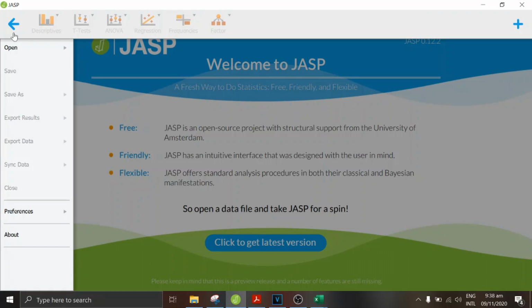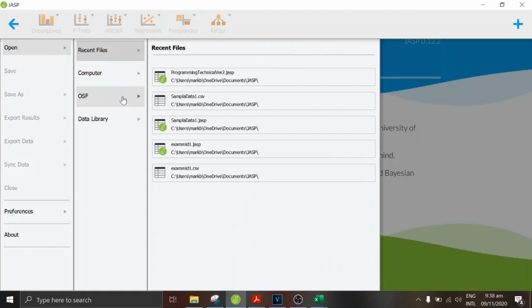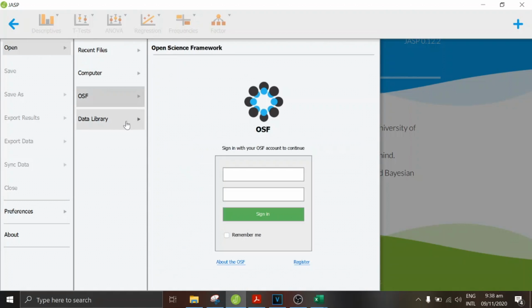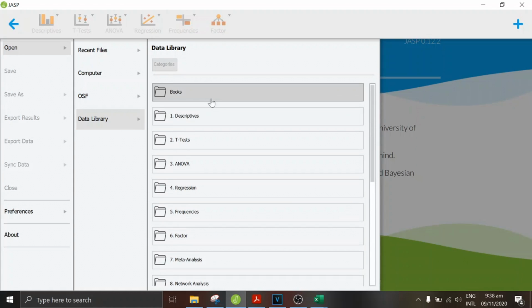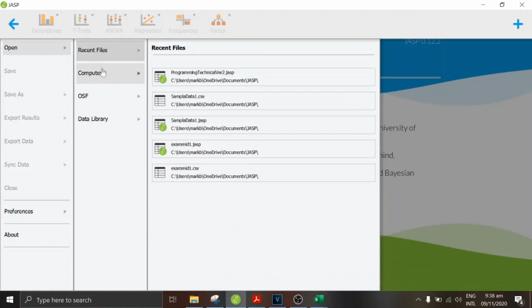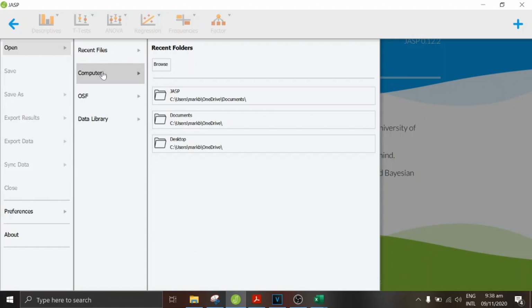user made, or you can make your own dataset, and there are also existing datasets from the data library. So these are the existing datasets from the data library, or you can open your own datasets. Now, in this example, we'll be opening our own dataset. So take note that